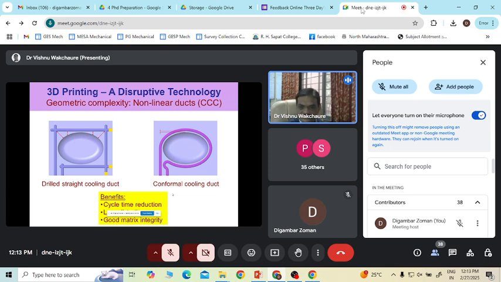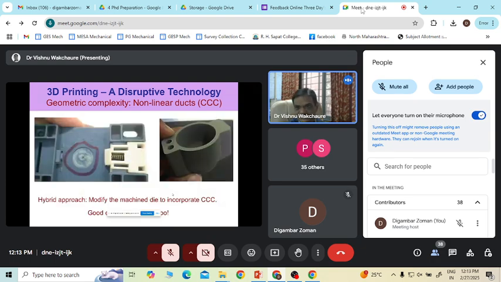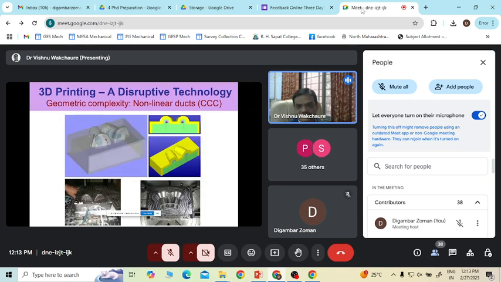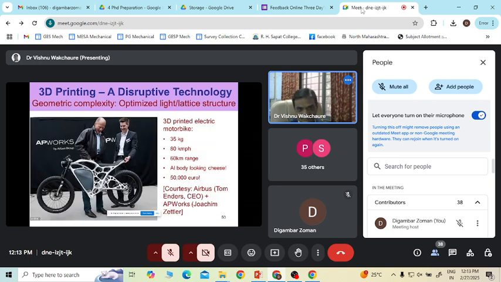So this is for conformal cooling and direct holes. All these things we have discussed. You can see these are complex structures that have to be built, and that is possible through additive manufacturing itself. So this is another typical example. I had been to this big manufacturing